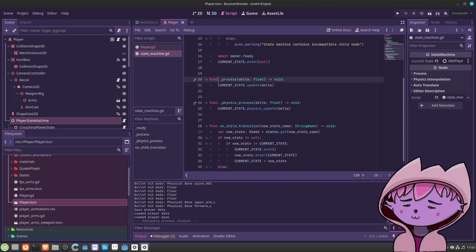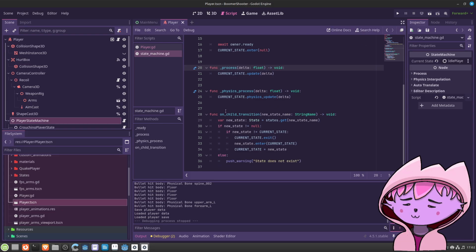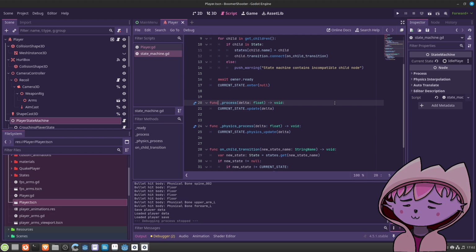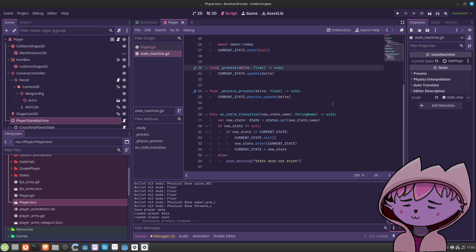All right, and so here it's a similar thing. Process calls the current state update. Physics process does the same for physics update. And then the signal on child transition, and this is okay. I see, so this is handling the transition.